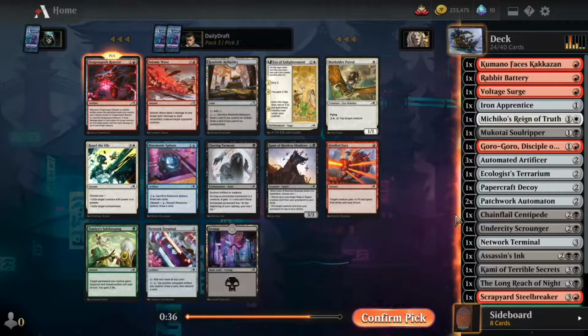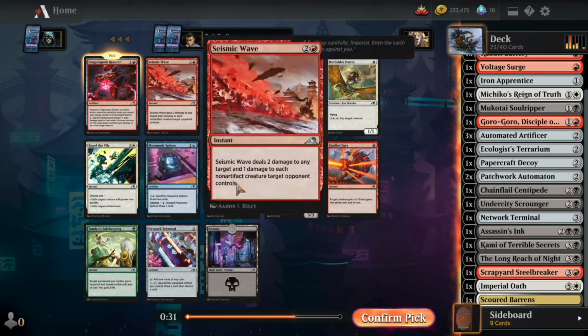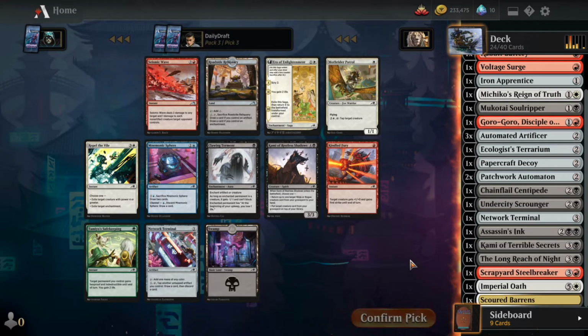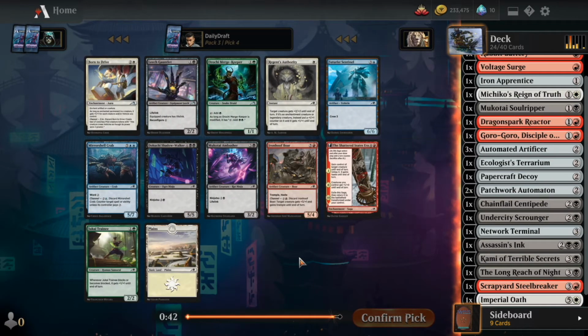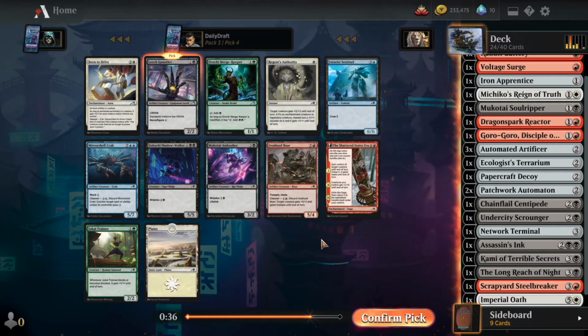We're going to have 15 artifacts. So we can take this Reactor here and then hope we see a Containment Construct at some point. So there's Ambusher, there's Leech Gauntlet, there's Ironhoof Boar. I think we'll take the Gauntlet